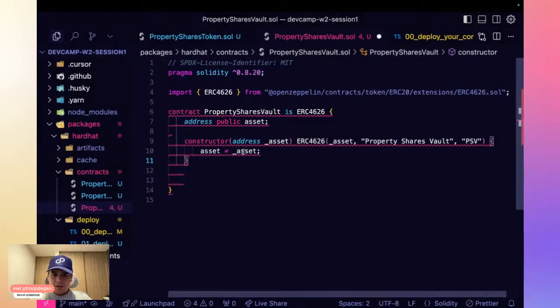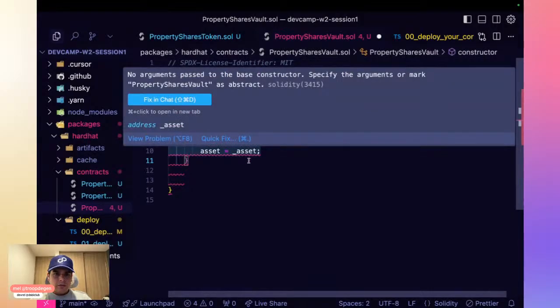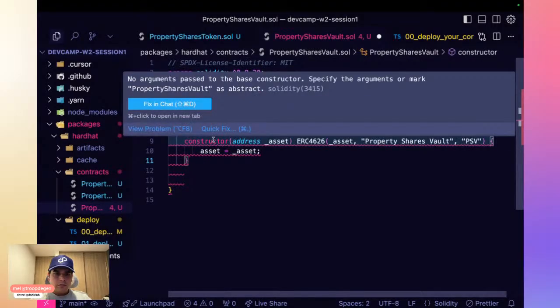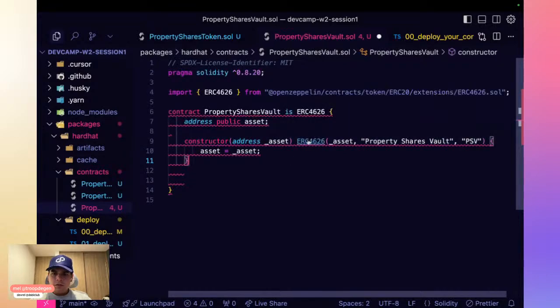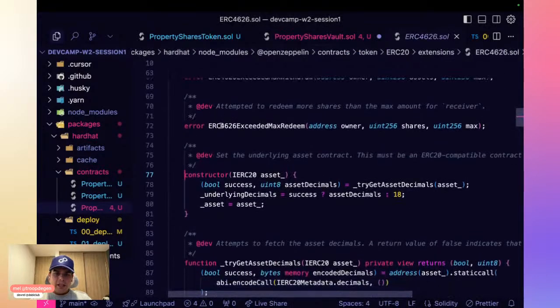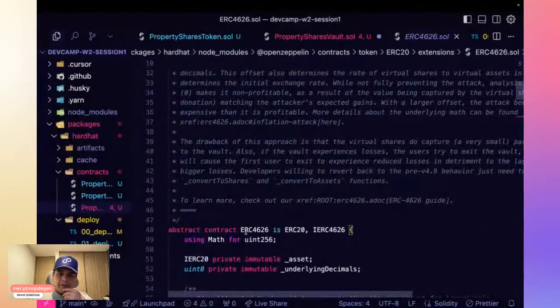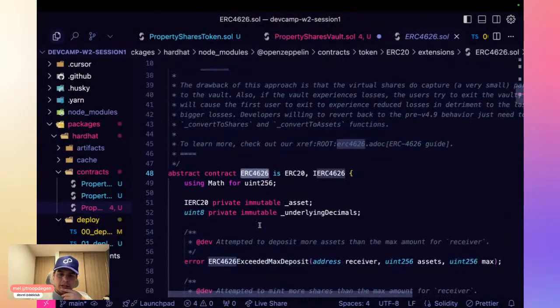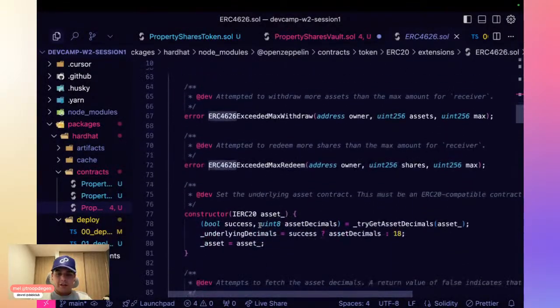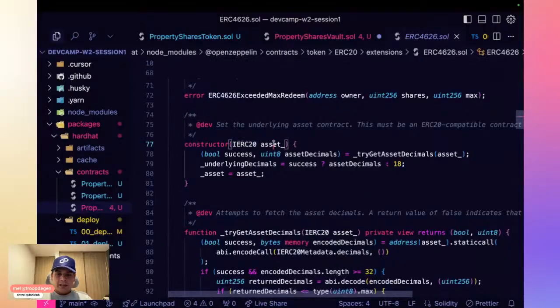Let's check it here. Really, what the ERC 4626 is requiring on the constructor is an IERC20 asset, and this is something new that we hadn't seen before.